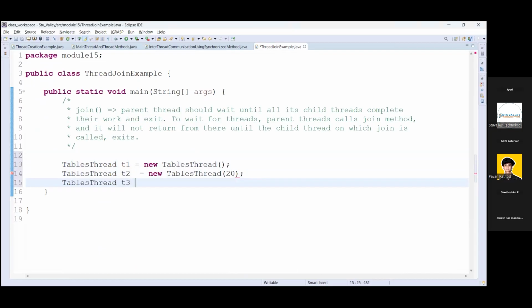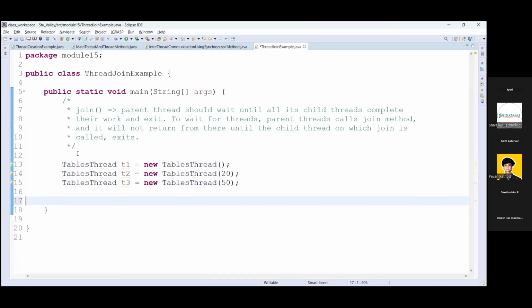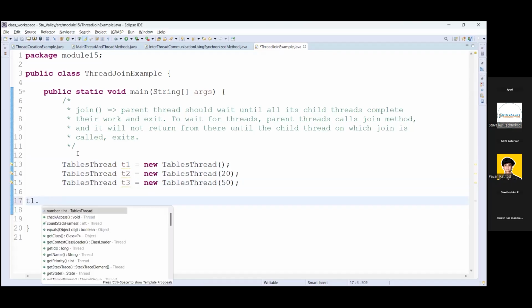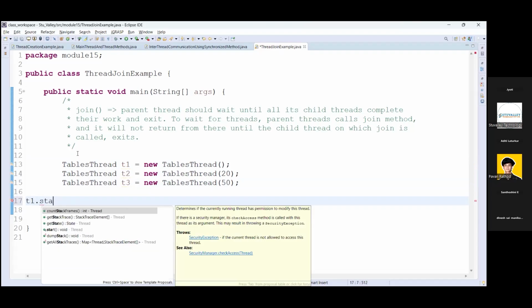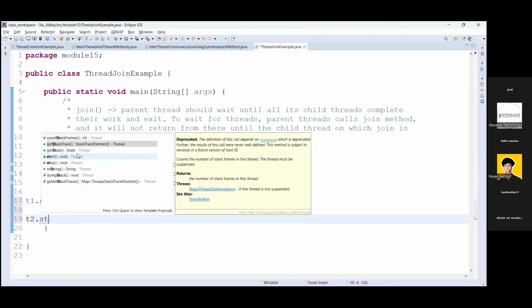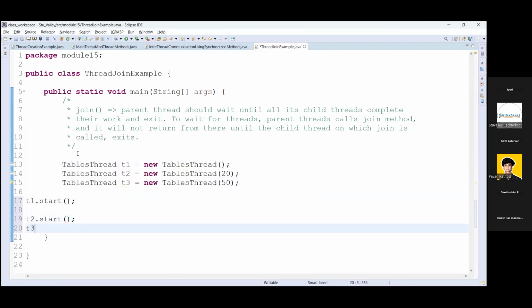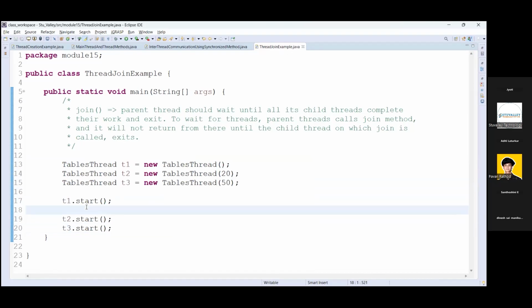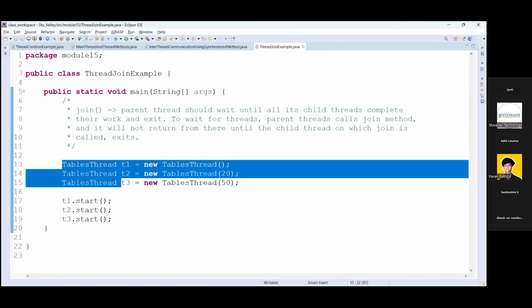The third one is equal to new TablesThread, again passing the value as 50. Okay, so I am creating 3 thread objects. Now I will start T1.start, T2.start, T3.start. I am starting multiple objects of the TablesThread, and the main thread is also executing.